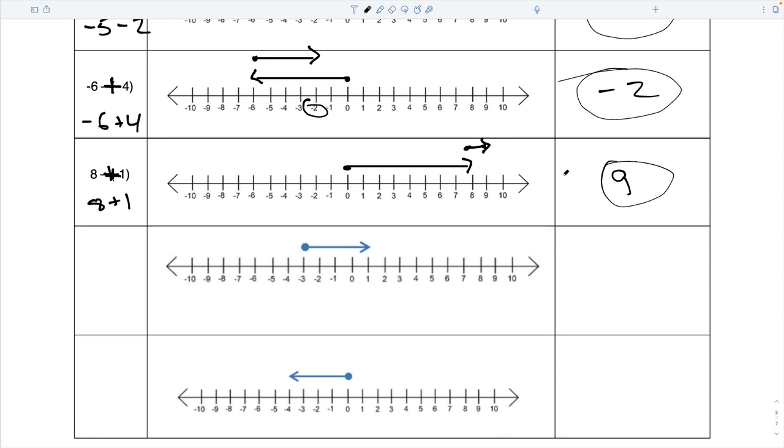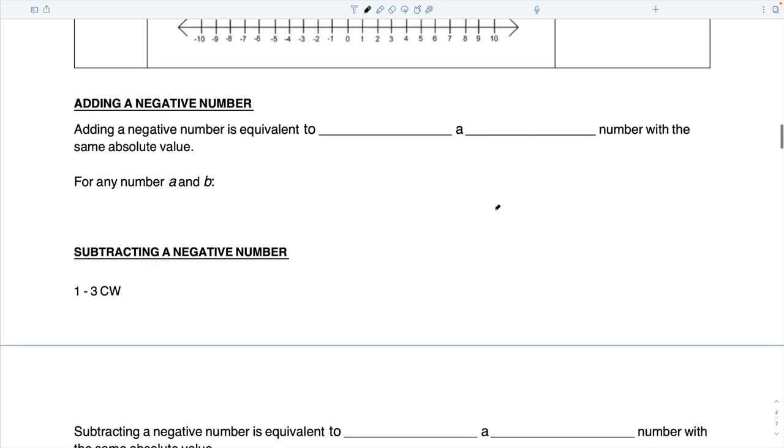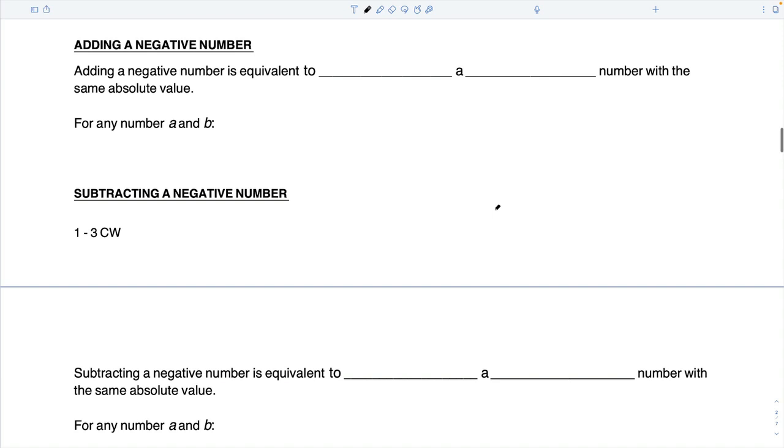Question? Comment? Logan, you good? Yeah. Okay, here's your big idea. Skip the next 2 number lines. Adding a negative number. If you're adding a negative number, it's equivalent to